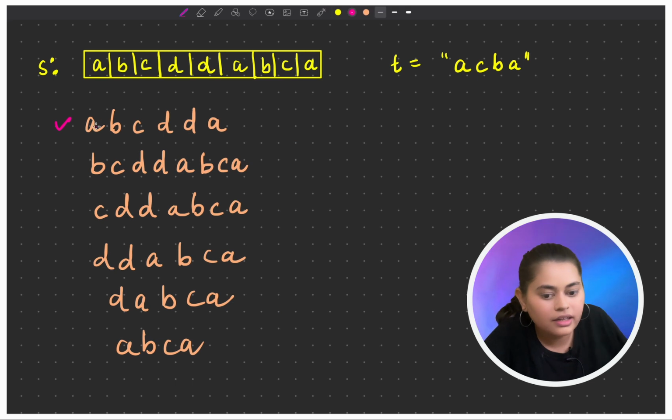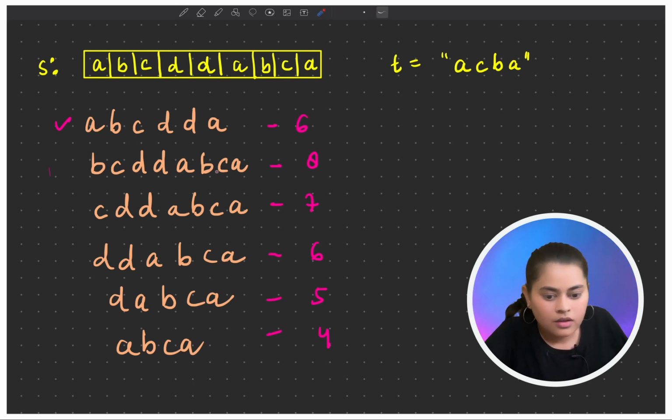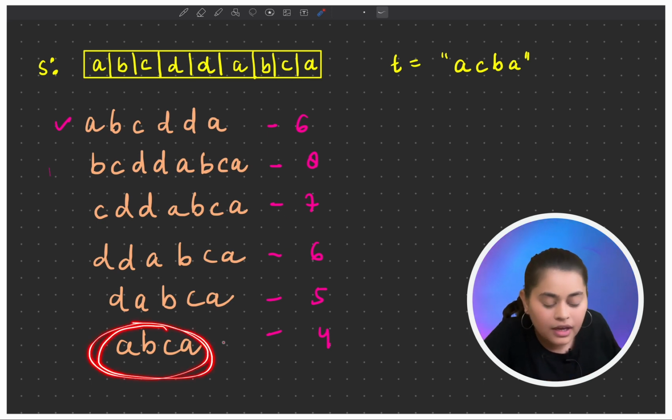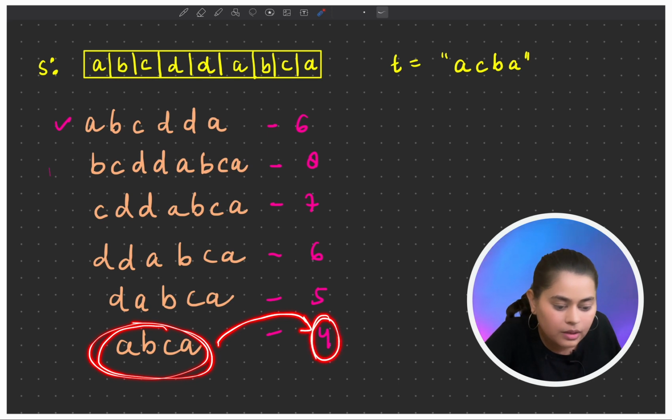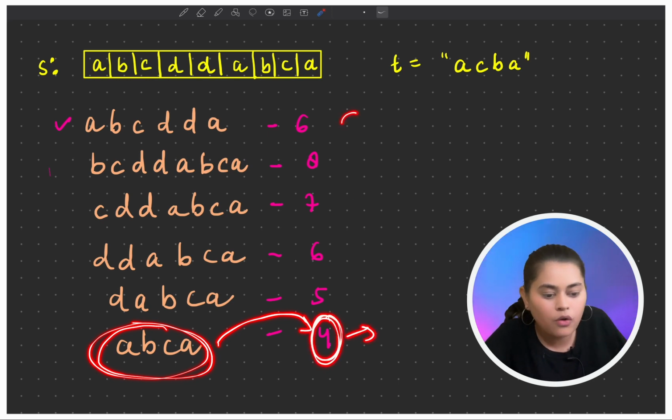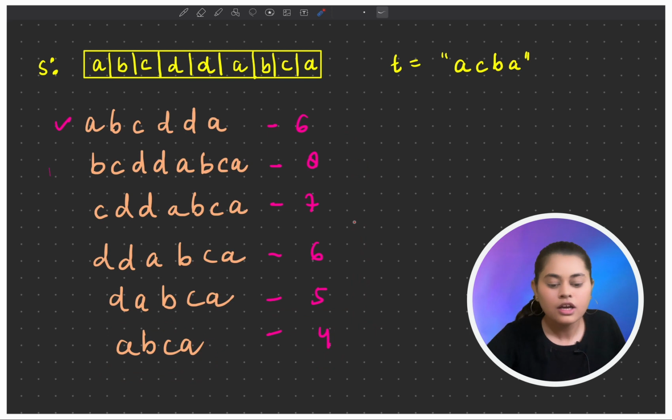Let me write the length of each of these strings: 6, 8, 7, 6, 5, 4. We have to find the minimum window substring. That means our answer for this problem will be ABCA, because the length is 4, which is the minimum of all the possible substrings. We have to return this ABCA.